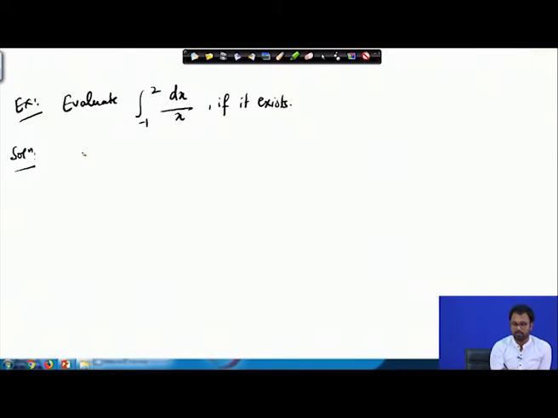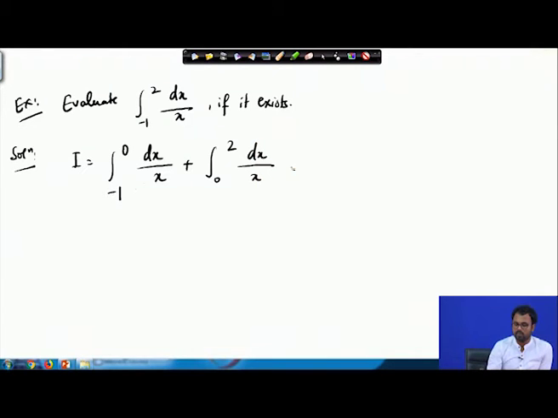First let us write the integral into two subintegrals. So here again 0 is the point of discontinuity, we can see that clearly. So I can write it as the integral from minus 1 to 0 dx by x plus integral from 0 to 2 dx by x,